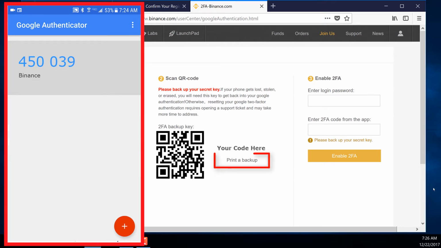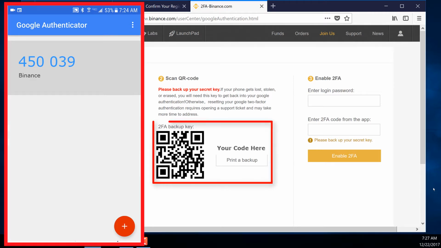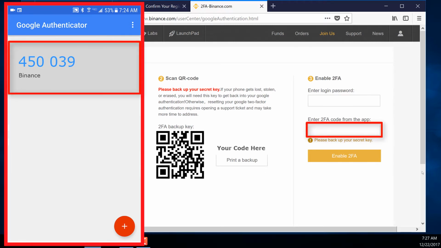You can print a physical copy of the QR code or write down the code here and save it as a backup. You should never take a picture of either of these, send them in a text or email, or save them digitally in any way. The last step is to enter the password for your Binance account and the 2FA code from the Google Authenticator app.